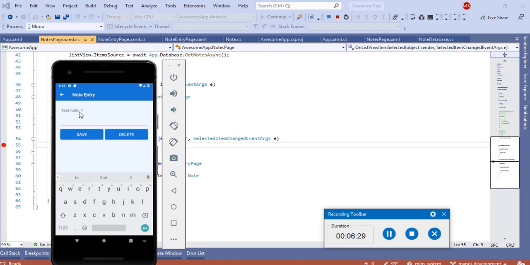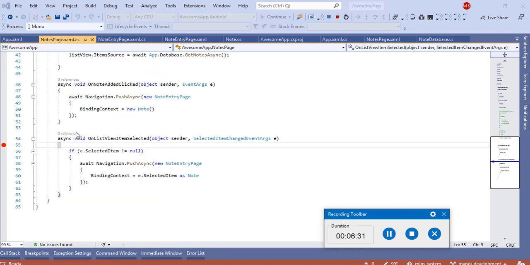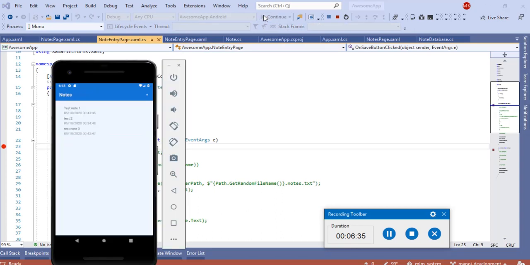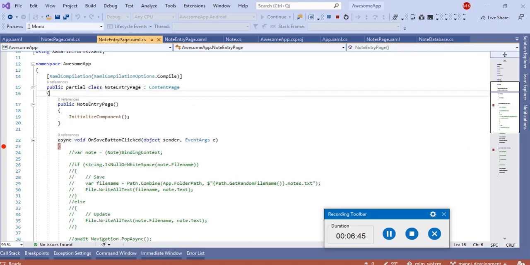Let me save this. So my data is updated now. This is a very easy application, and you can learn Xamarin here.